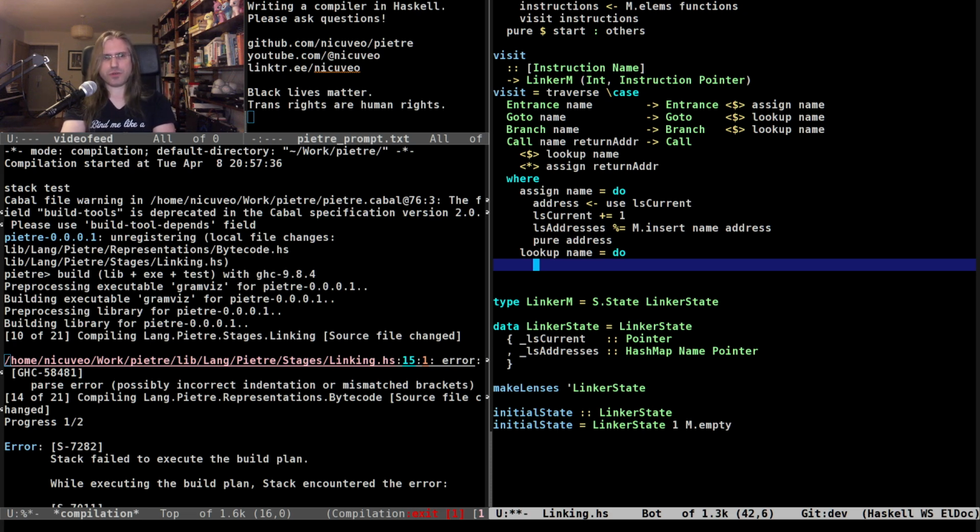No, this isn't gonna work because the value here in which I do the lookup, the expression I'm gonna use, it doesn't matter if it's lazy, it is going to be the current value of the hash map, which is gonna be changed by the next assign. So here, that doesn't work. I cannot do this thing. So I'm gonna have to do the thing that is even more complicated.